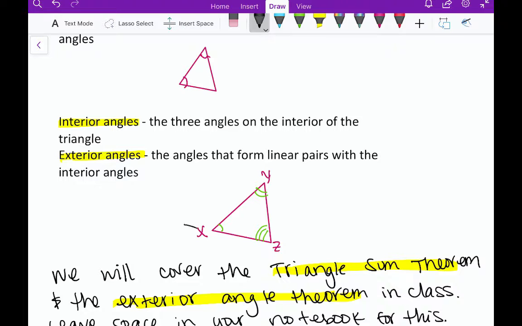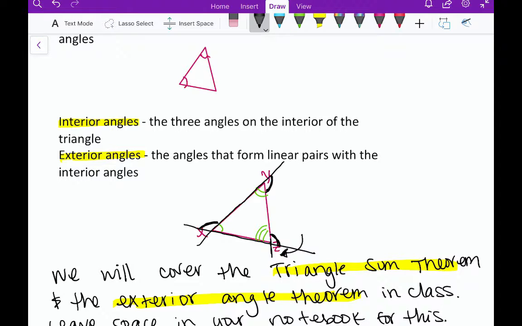So if I were to extend this segment out, then now I have this angle here that is the exterior angle. Why? Because it's a linear pair with the interior angle. Same thing here, I have this exterior angle. And then if I were to extend segment XY out, you could see that I have this exterior angle. Now, if you'll notice, if you extend all of the sides of the triangle out, then you'll have a bunch more angles, okay? But you'll also have some vertical angles. So this angle right here,